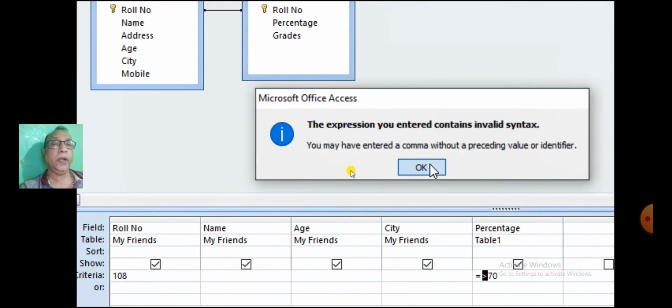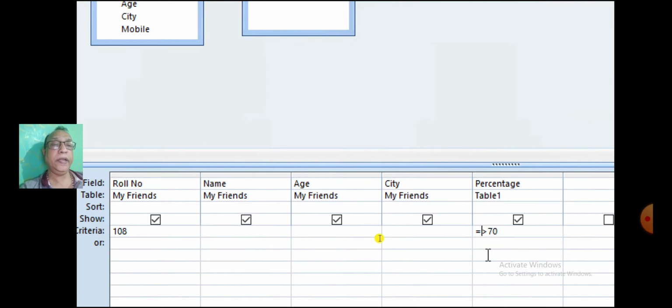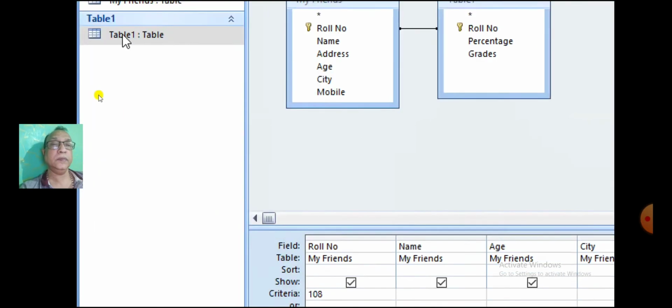We need to write only greater than 70 and click on Run.